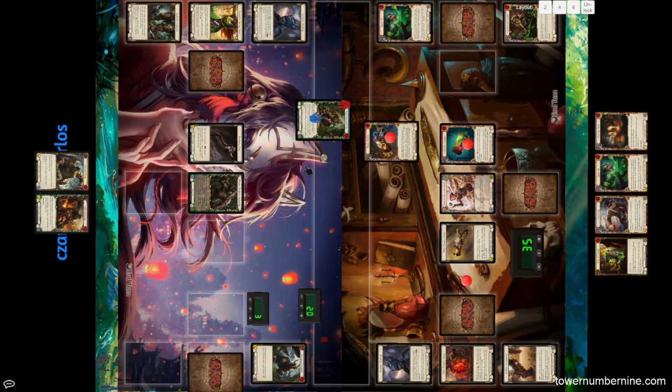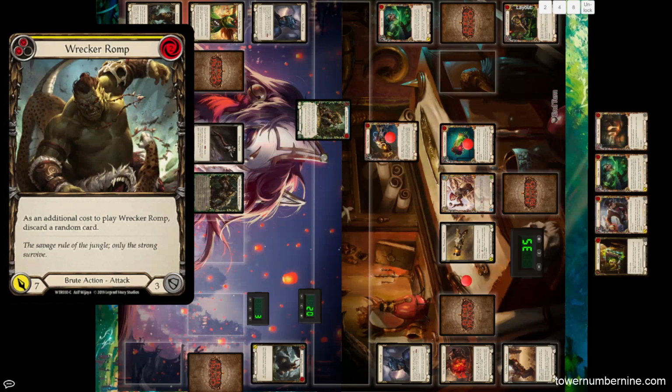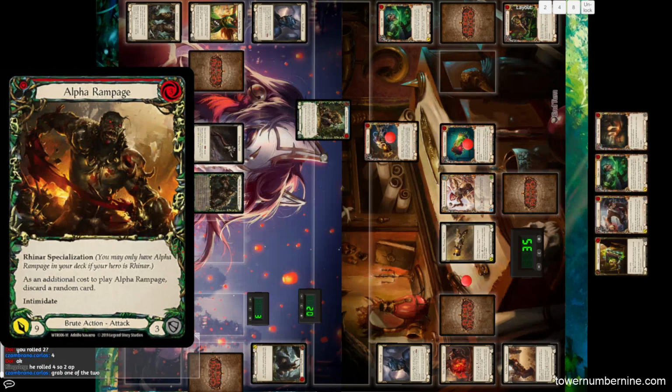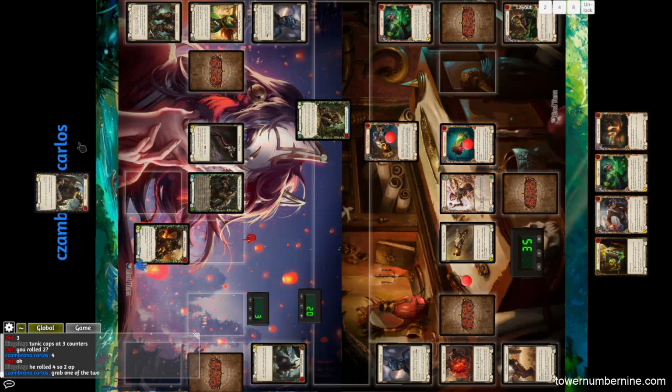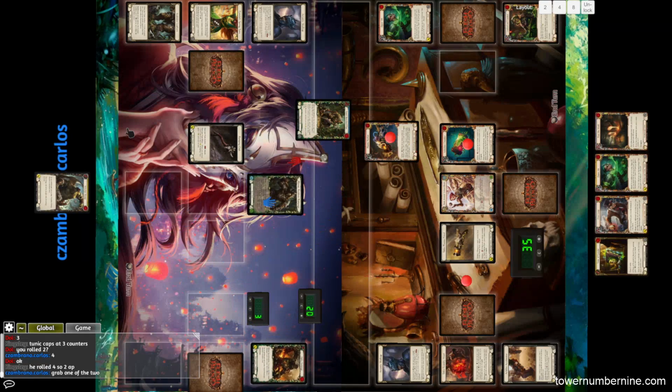Oh no, he's going to play the Sand Sketch Plan. Okay, I was thinking this was going to be his pitch, but I guess he's going to play it instead. So I was thinking that he could pitch the Sand Sketch Plan for 3, play this Wrecker Romp coming in for 7. It would discard that and intimidate, and then he would have 1 left over, and he could use